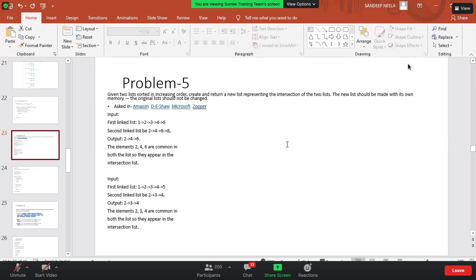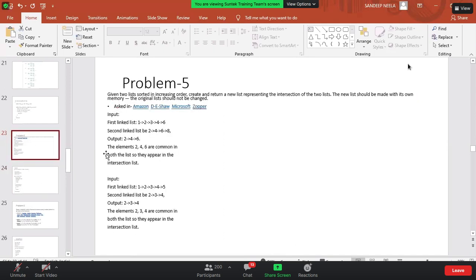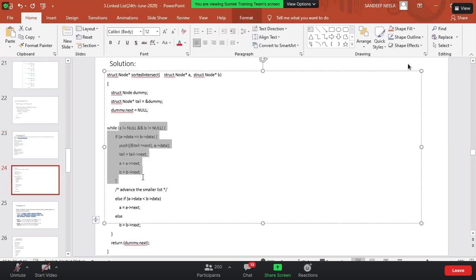I would like you people to solve this problem and come with your approaches tomorrow. Not only one way, come with the best and most efficient way to find the intersecting part of the linked lists. I would like you to come up with the best approach other than traversing. I have written traversing only over here, but I would suggest you can use traversal, but find a more efficient way than this one. I'm explaining my approach also, but I would like you to come up with a better approach than this.